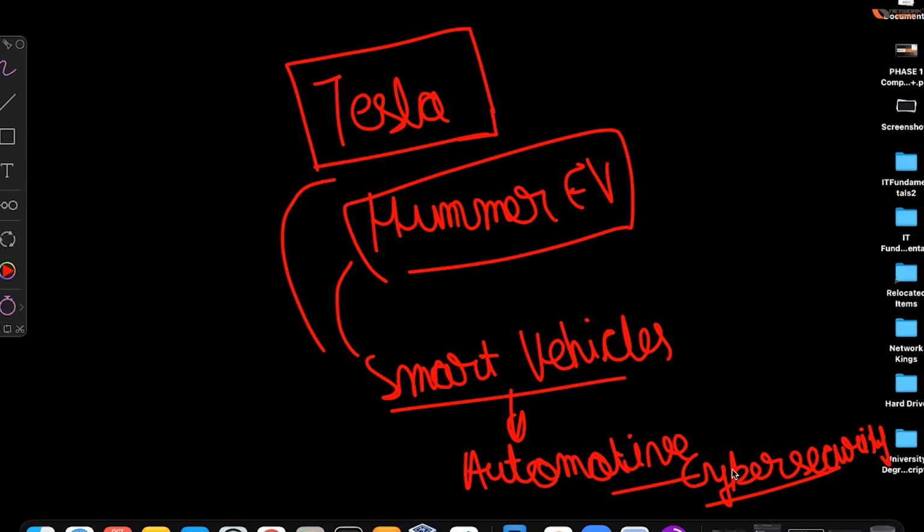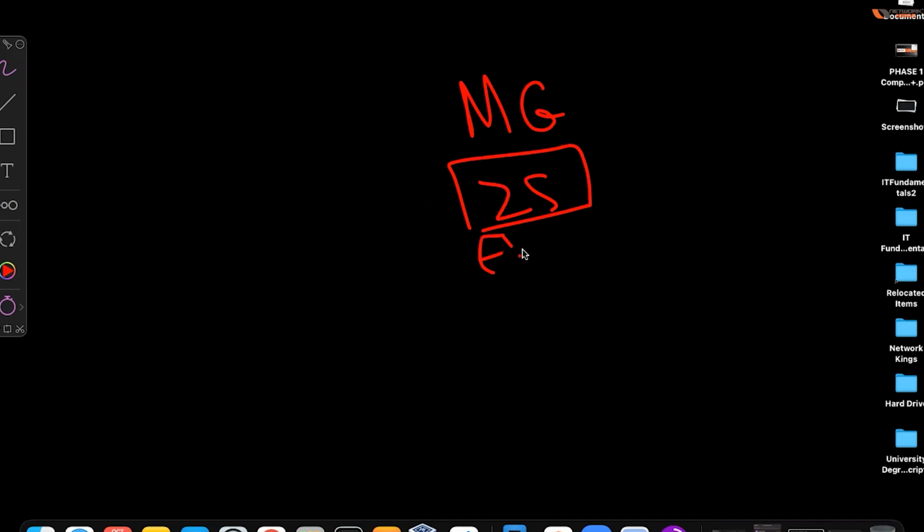There was a new car launched, I guess, a few days ago in India called the MG ZS. What's the name? Is that the name? MG ZS or MG EV? What is the name for that car? Something similar, right? This car has AI inbuilt in it. What if you hack into this AI and then the AI starts responding in a negative manner to the car owner? Can lead to an attack, right?